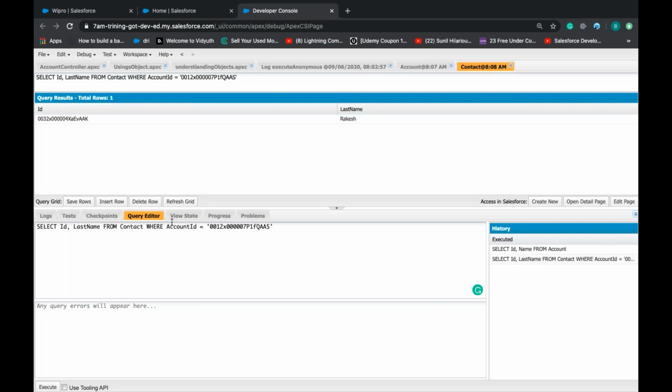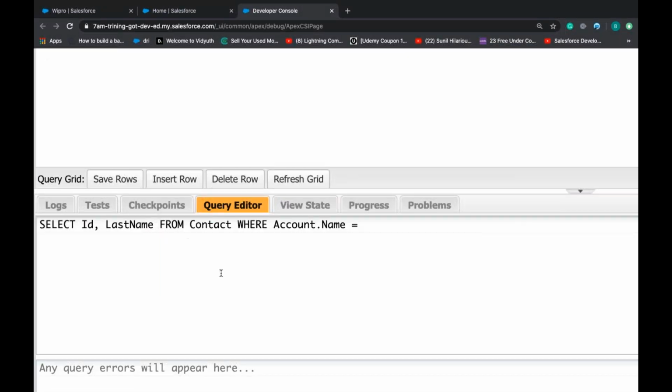We can write it like this and get the contact data for a particular account. Generally we don't know the ID, right? We cannot reproduce an ID unless we copy paste. So how to do that? There is something called Account.Name. We can refer